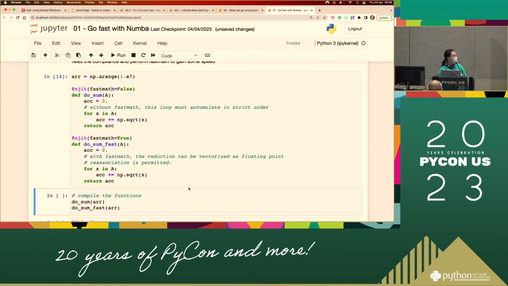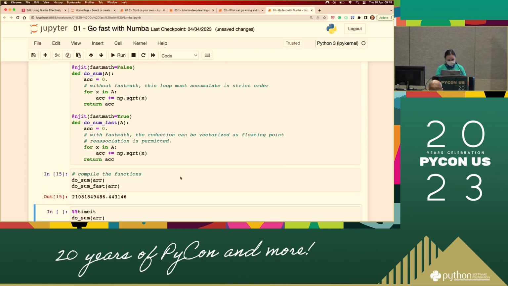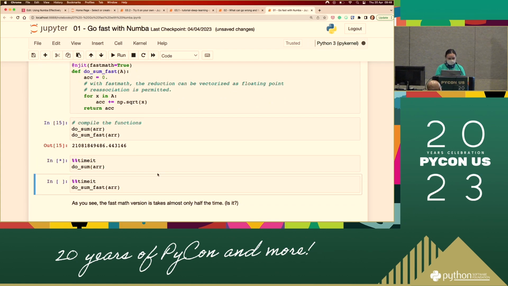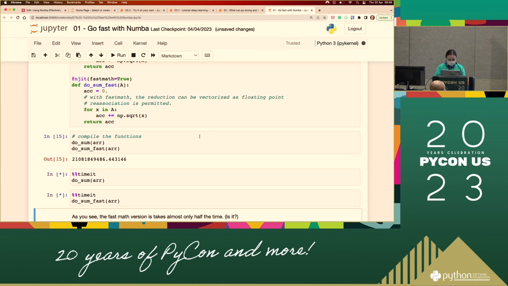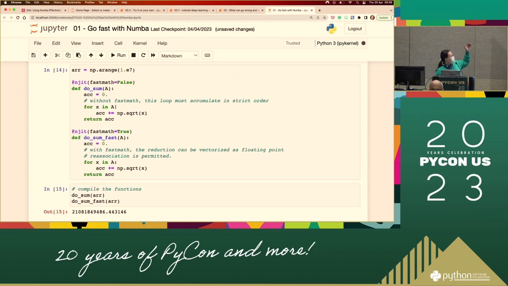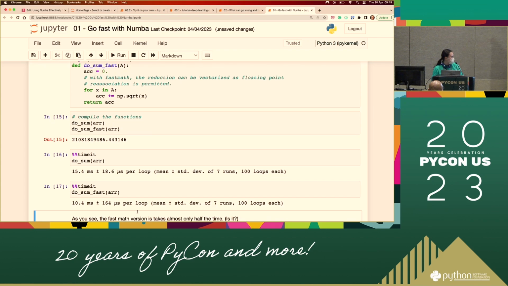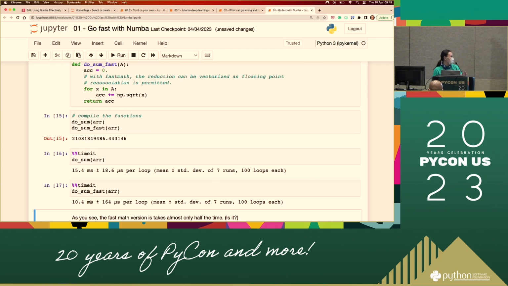But again, for me, I see it as a last bit of things you can do, because it does improve, but it's not a major improvement, like, for example, the looping things that we showed earlier. So this is comparing using FastMath and not using FastMath. They are both using njit. They are supposed to also do the sum very fast. But if we relax the compliance, which is using FastMath, then it's slightly faster.